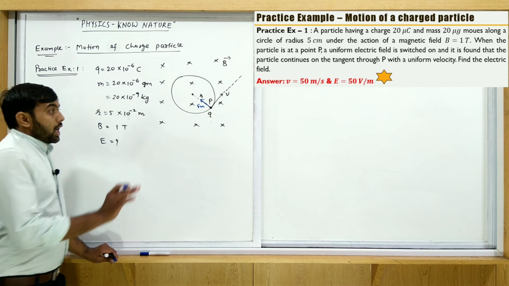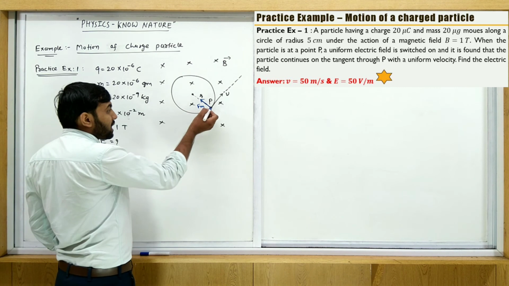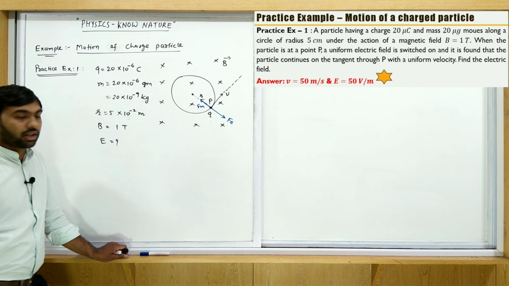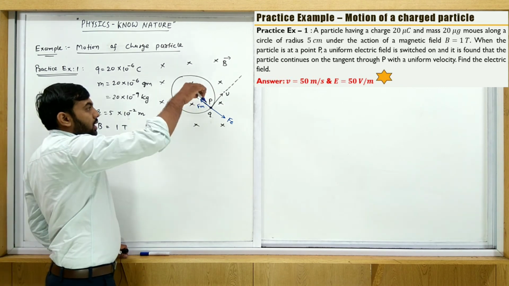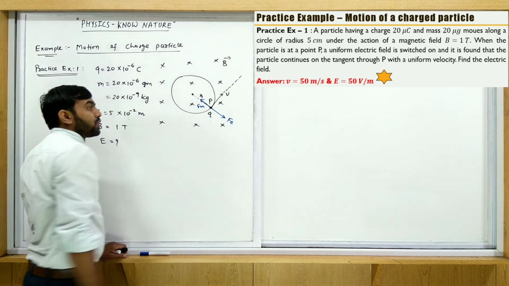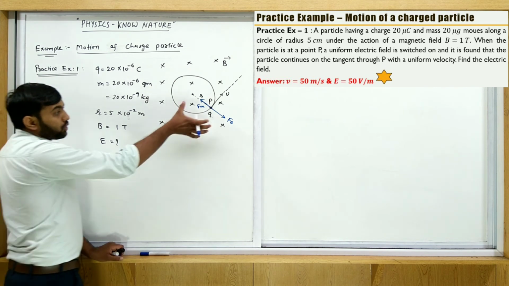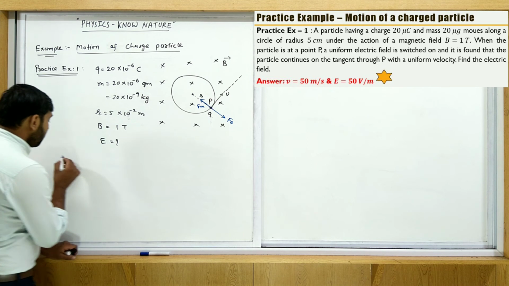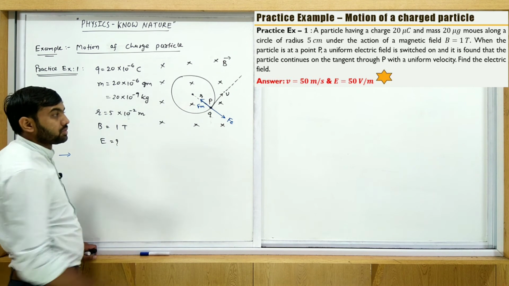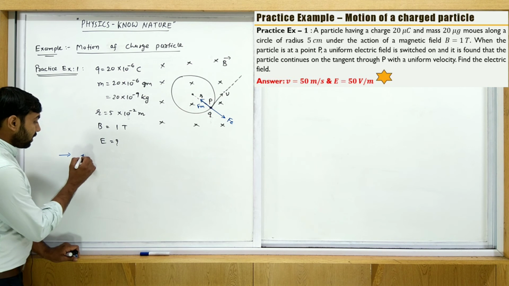So if you want to cancel out this magnetic force by the electric force, then you must apply the electric field in this direction. So this is the direction of the electric force. Means you just apply the electric field along this direction. When both forces are equal, the particle moves along a straight line. So both forces are balanced to each other, in equilibrium, and here we use the concept of a cross field. See, when both these forces are balanced to each other, what happens? In equilibrium,